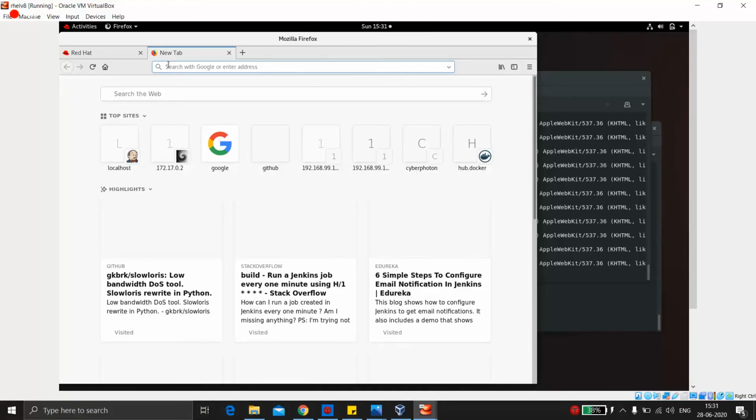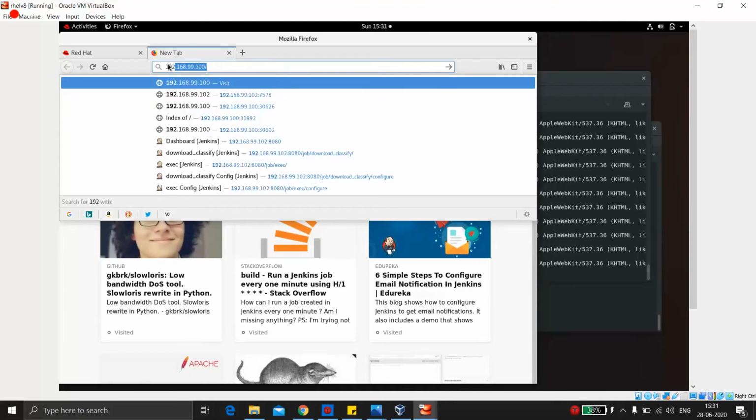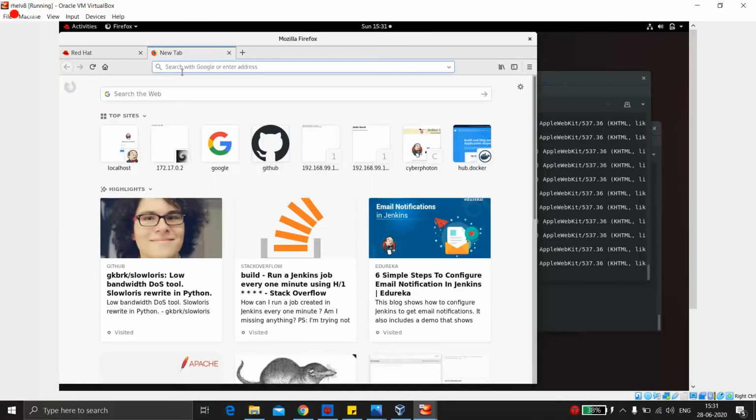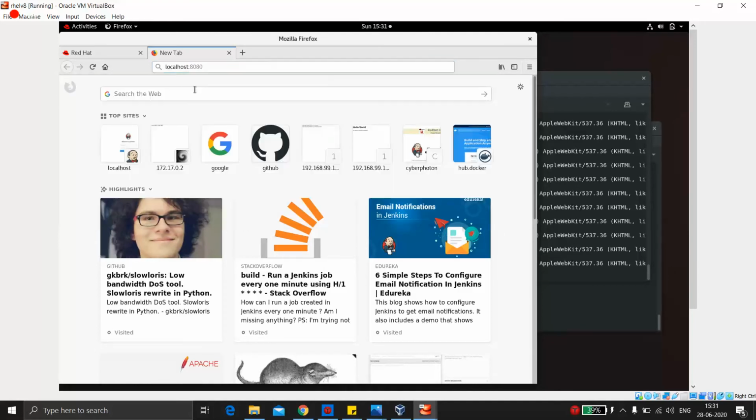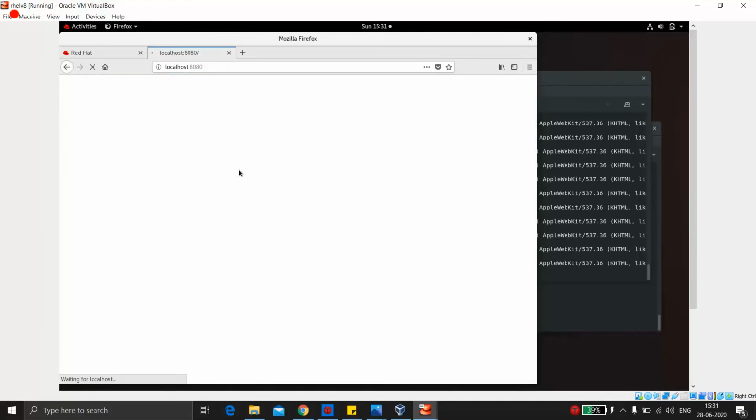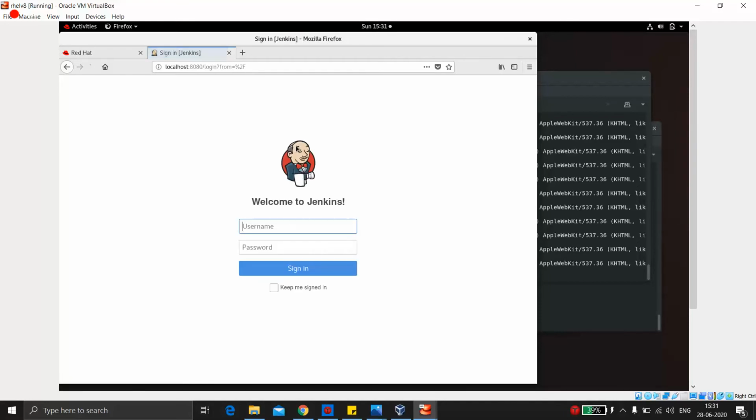So my Jenkins is running on port 8080 of the localhost. I have already visited so many times. So you can go to localhost 8080. It would show a Jenkins login portal.